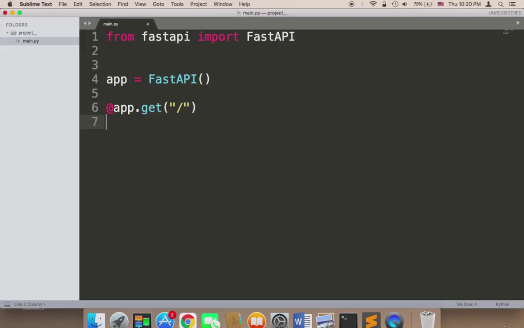Second, we need to create the function that is going to be executed upon going to this URL. So I'm going to be using the async keyword, and I'm going to say async def, and then the name of the function. So I'm going to say root, and then inside that function we can return a JSON or an object,